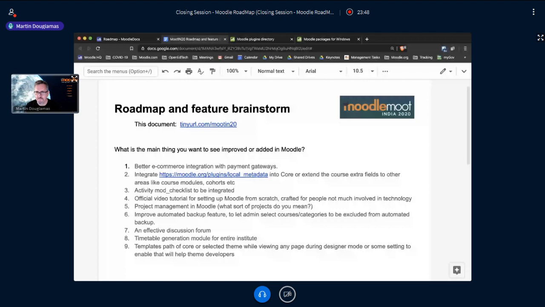I'm not sure I understand it. Do you mean when you're looking at Moodle during designer mode that it gives you links to the CSS files?